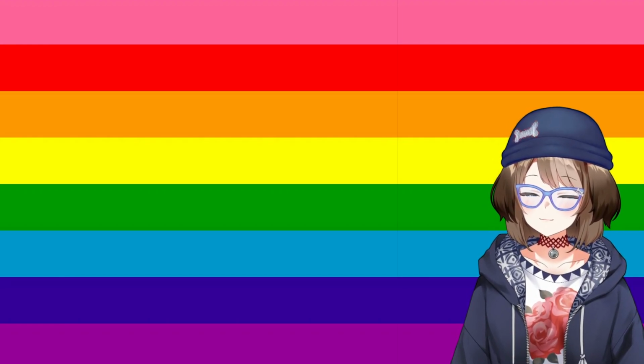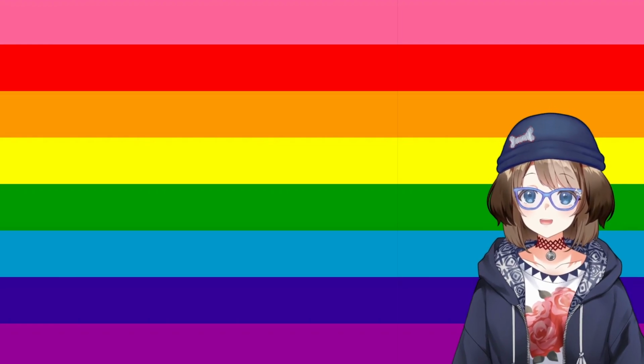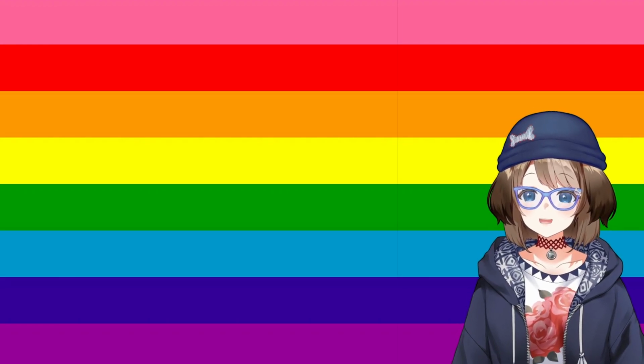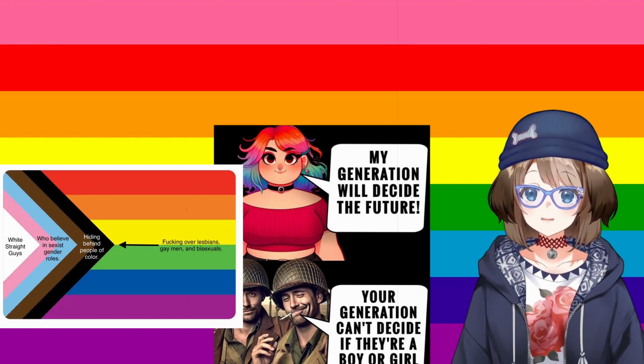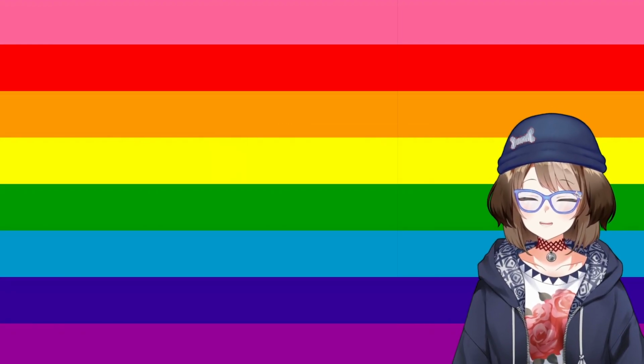This flag, this first pride flag was invented almost 50 years ago. Almost 50 years we have had this pride flag. Almost 50 years we have been celebrating pride together. And in spite of 50 years of gay pride, we still have, well, this crap. It's mind-boggling to me, not only that we have managed to not eradicate hateful and homophobic ideologies